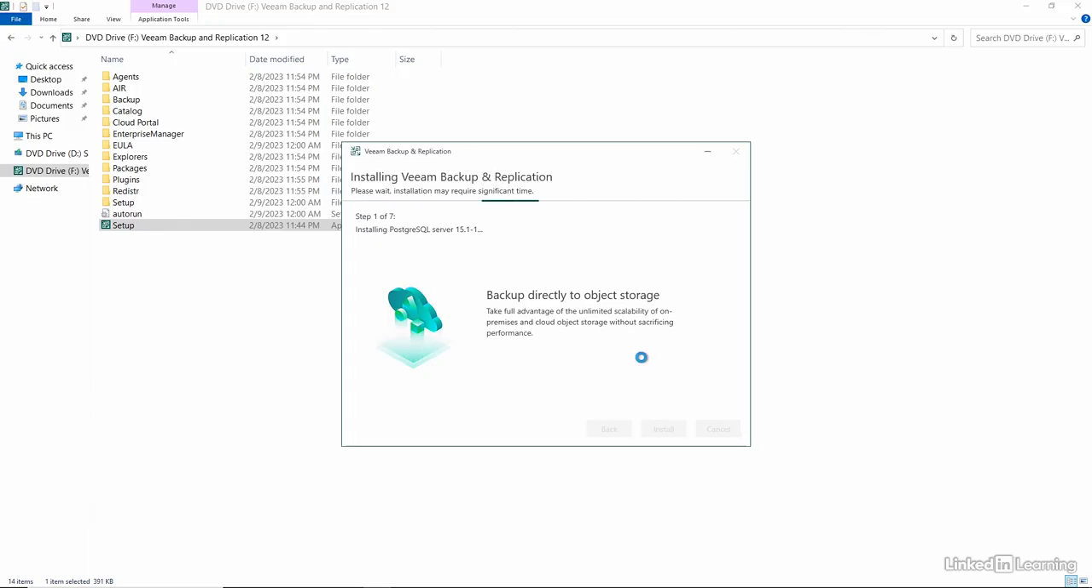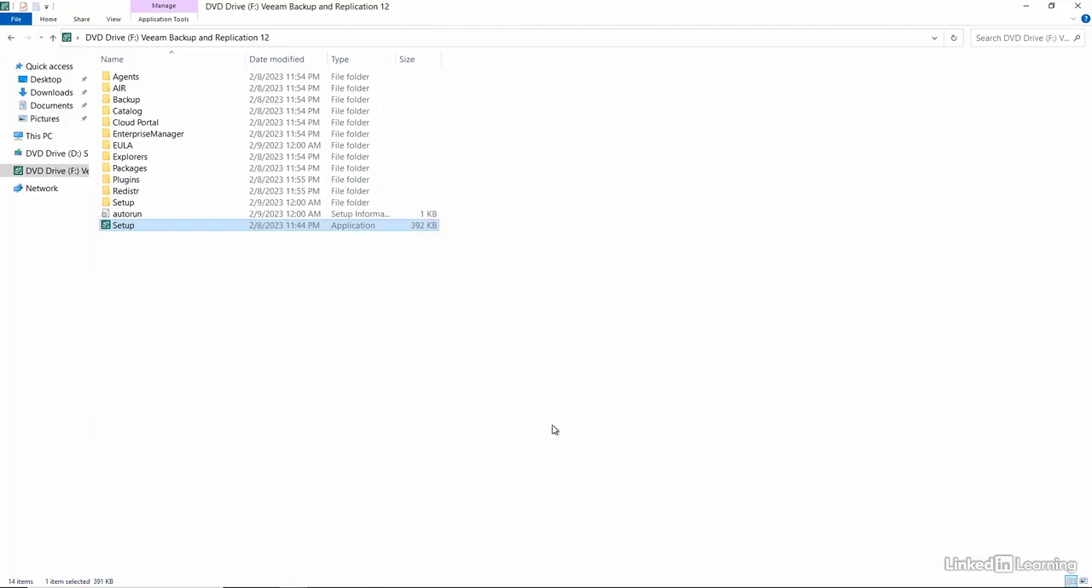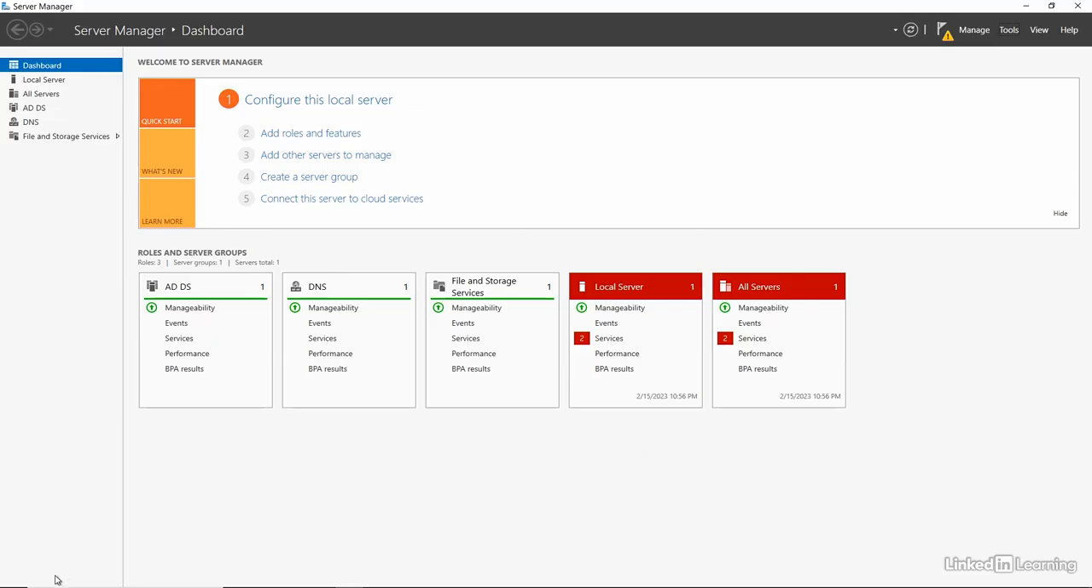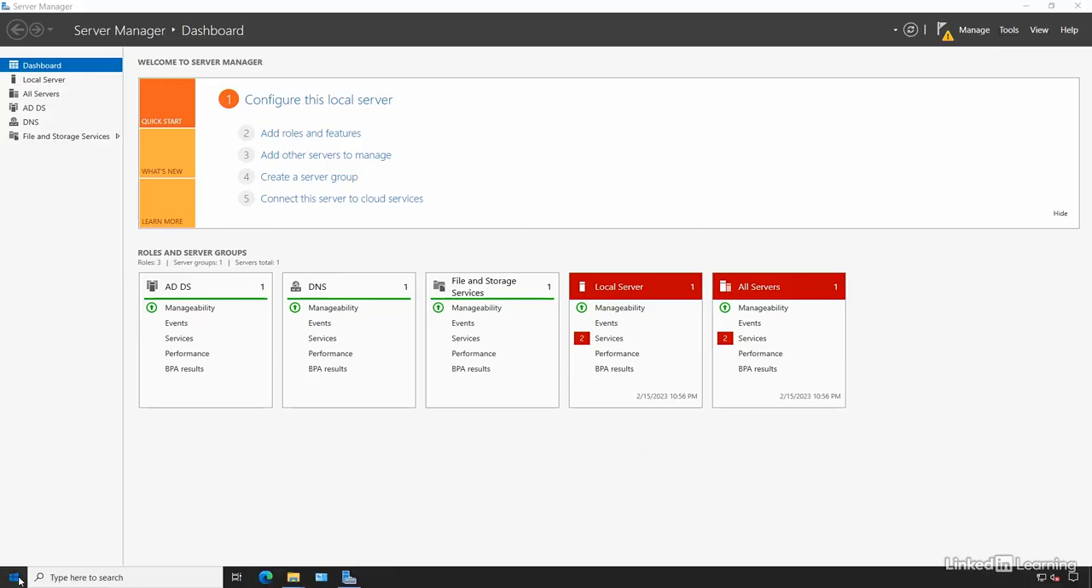You can see it's installing an open source version of SQL Server in order to create a database for when all the data is backed up. You need a way for it to find any of that data that has been backed up so it can do a restoration. And you'll find that all third-party backup applications are going to have some form of SQL Server. Installation is complete. I'll click finish, and now I can go ahead and launch the Veeam backup and replication application